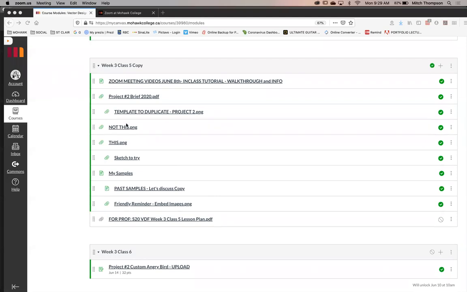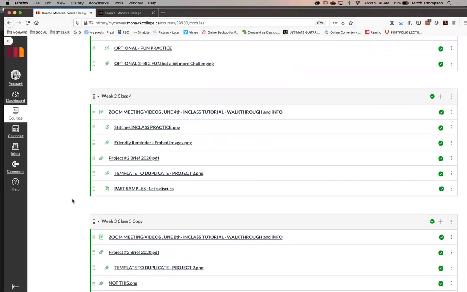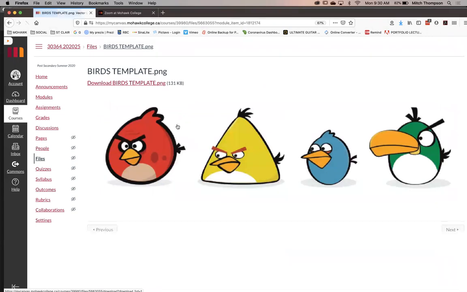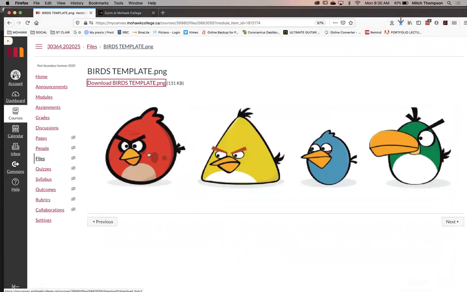All right, so let's start here. First off, I think I mentioned if you didn't do it, grab Angry Birds. That was right here in our files. You have a copy of this already, but let's begin right here. We're going to download them again if you'd like. Can't hurt to have another file of it. You should have that from a few classes ago, where we brought this into a file, and you can use that if you wish.